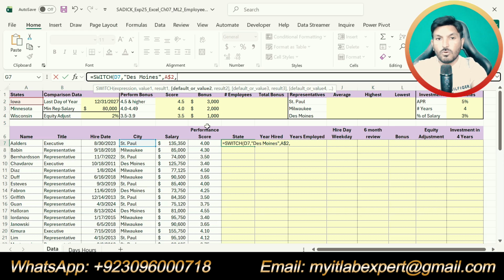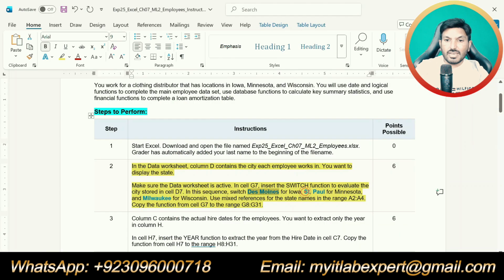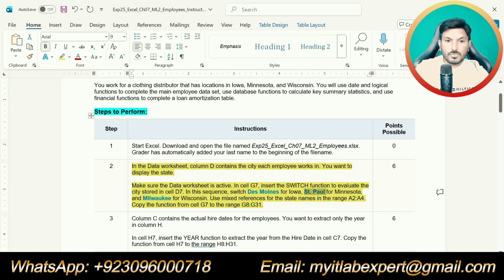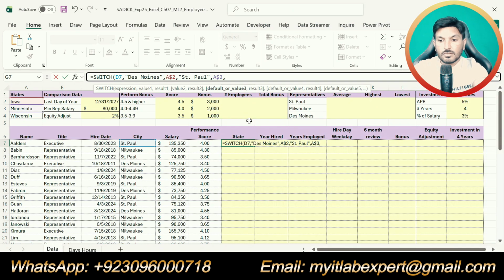Now the second one is St. Paul for Minnesota, this one. Then the last one is Milwaukee for Wisconsin, this one, and use the mixed reference. So I am using the mixed reference.